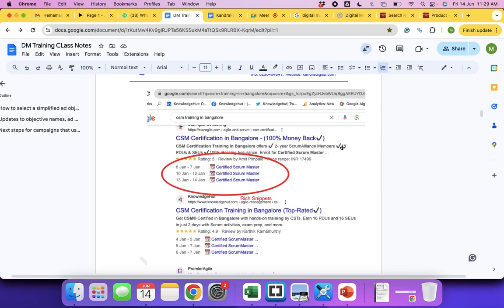Look at this, you see the tick marks here, top rated in the title, 100% C. This is the CTR trigger, and here you see 2 years Scrum Alliance membership tick mark, 16 PDUs and SUs tick mark. So these kinds of tick marks in your description will also help you to grab the attention.